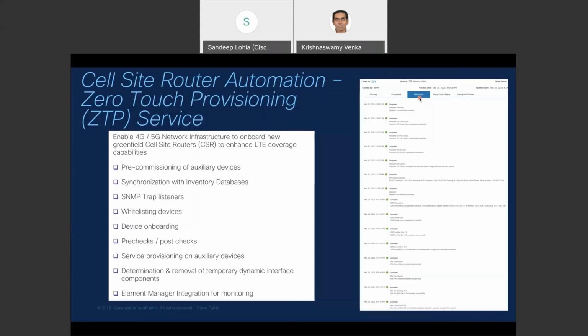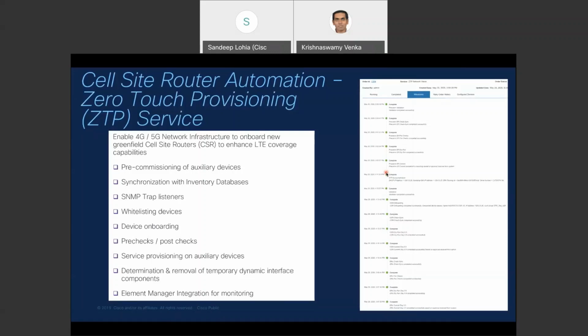The new entrant would be discovered by the DHCP server, which would assign it a temporary IP and push some skinny day zero config via TFTP. Once day zero config is loaded on the CSR, traps would be sent out to BPA, and BPA SNMP trap listeners are waiting. So it will be at this point here, and they would be waiting for a trap to arrive. And once the trap arrives,